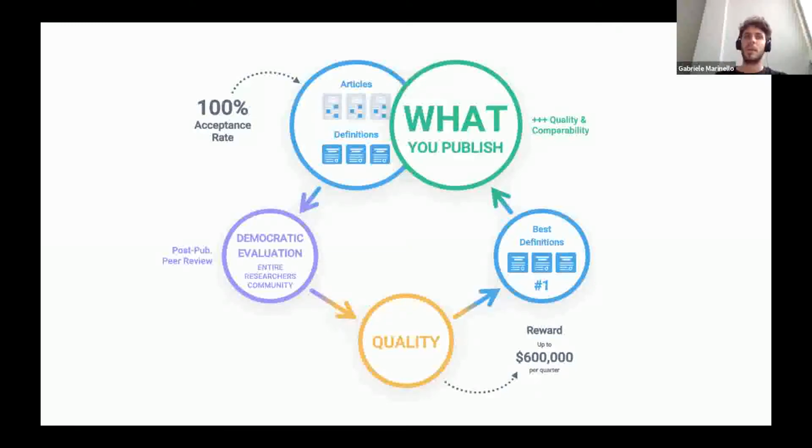This is very, very similar to what is happening, and it is why I was telling you that the last 20 years of the web have taught us how to design our platform. It's very much like all the tools that we use every day on the web, from Amazon to Airbnb, anywhere there is a community that interacts with some content. On Amazon, we have items, and any customer can provide feedback on those items.